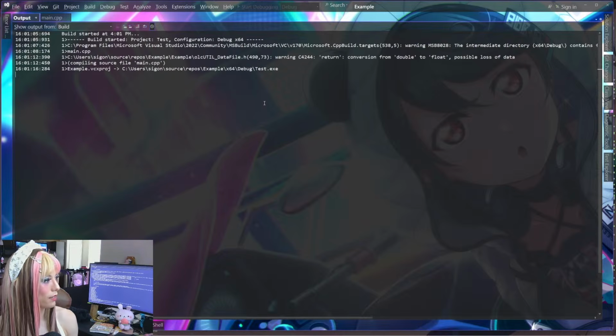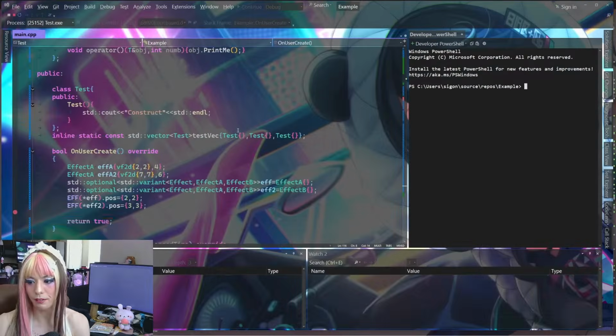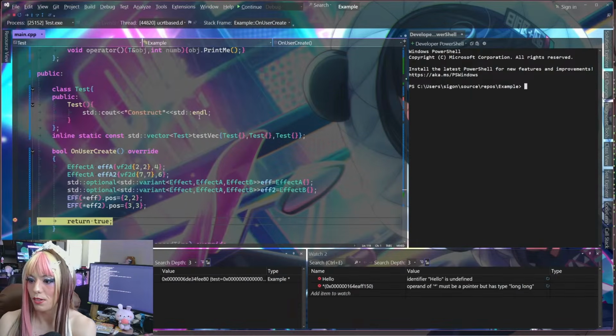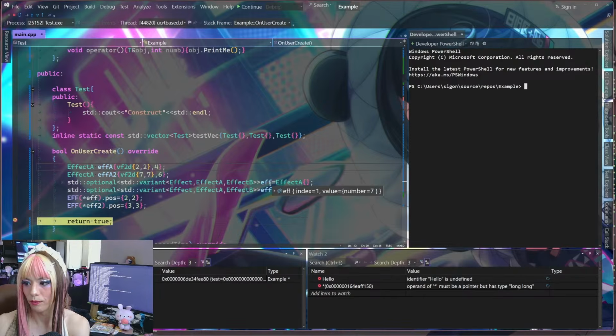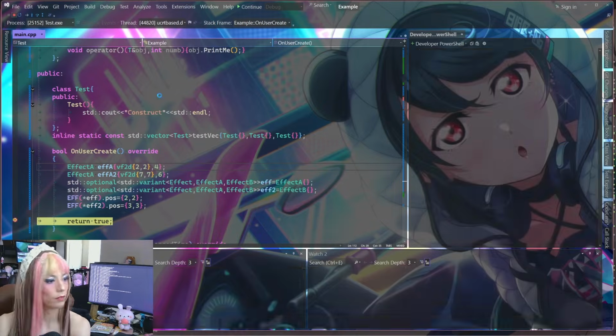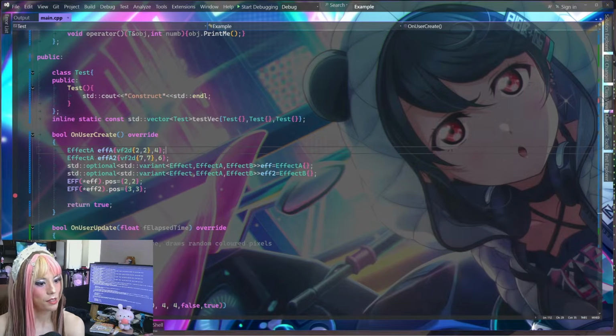And it looks like in this case, it is compiling fine. So that can't be it. It's just strange to me.